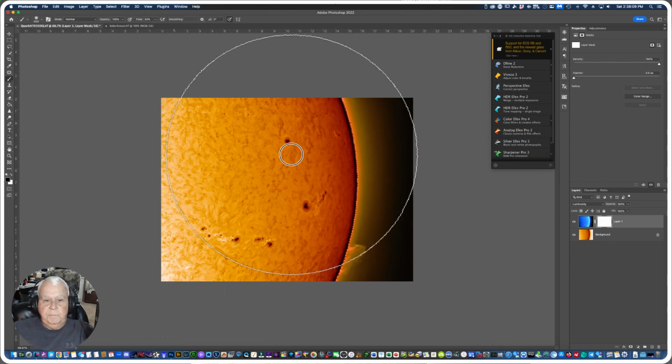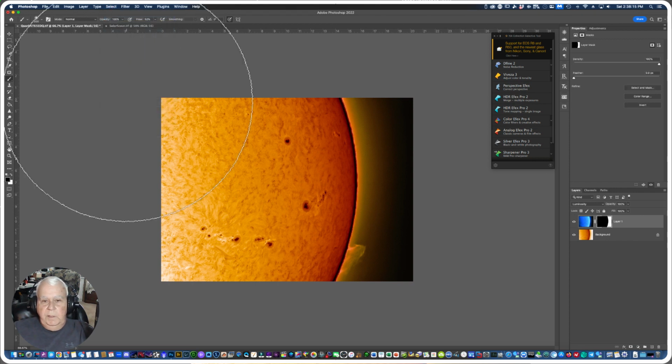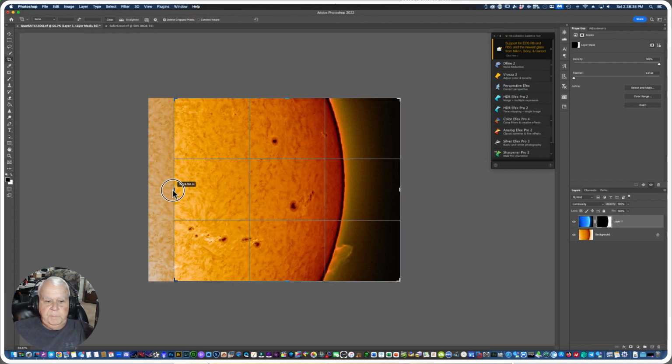Okay, and we can do deselect, and now we have, the only issue I have really is down here, this corner, and I can't crop up. I really don't know how that got out of hand, but I could crop in a little bit. Let's try doing that. Maybe I can. I hate getting rid of data,